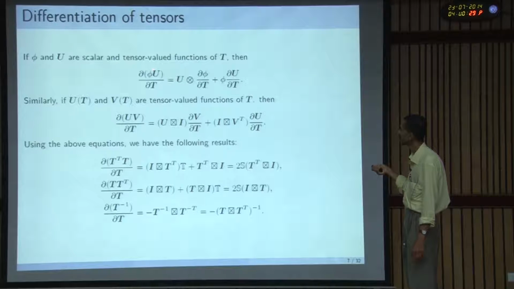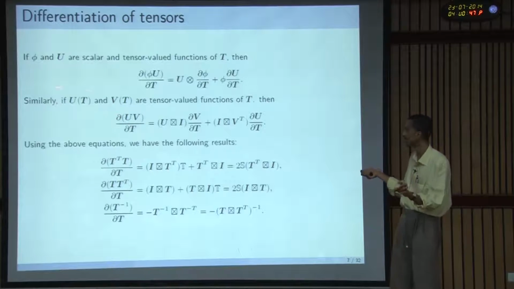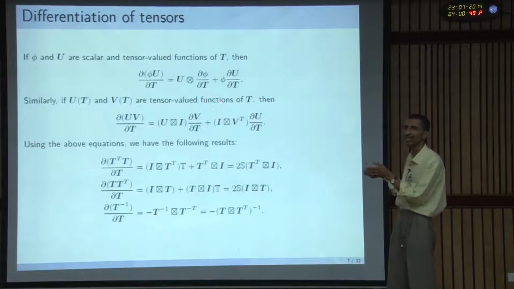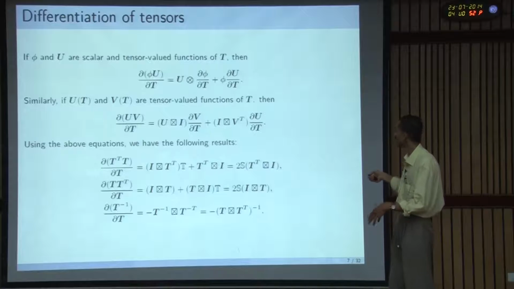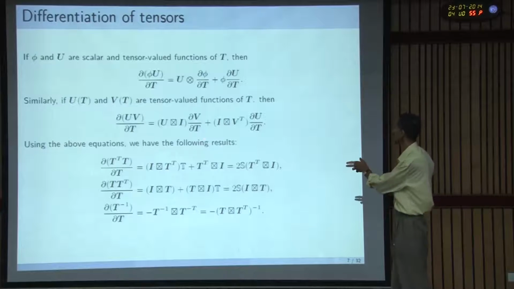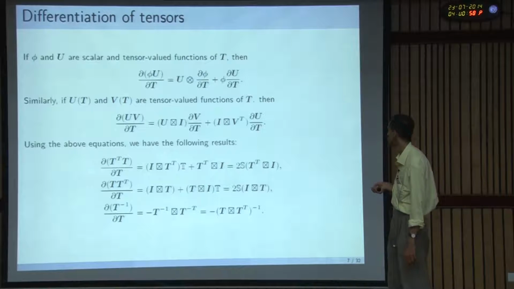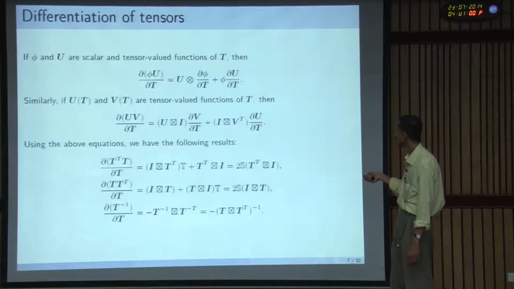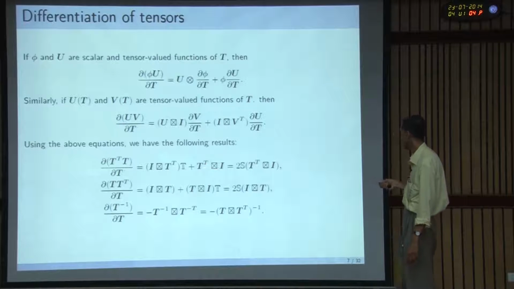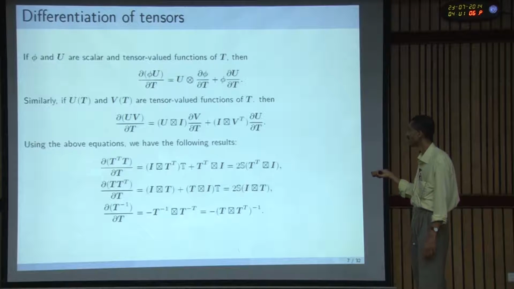Basically it's a derivative of a second order tensor with respect to a second order tensor, and that will give a 4th order tensor. So these are various things. This is a product of a scalar with a second order tensor. This is a product of a second order tensor with a second order tensor, which is another second order tensor. It gets into some technicalities which are probably not very important, but these will be needed if you want to do all the detailed manipulations that come later on. Using these results, you can derive some further results regarding the derivatives of second order tensors with respect to second order tensors.